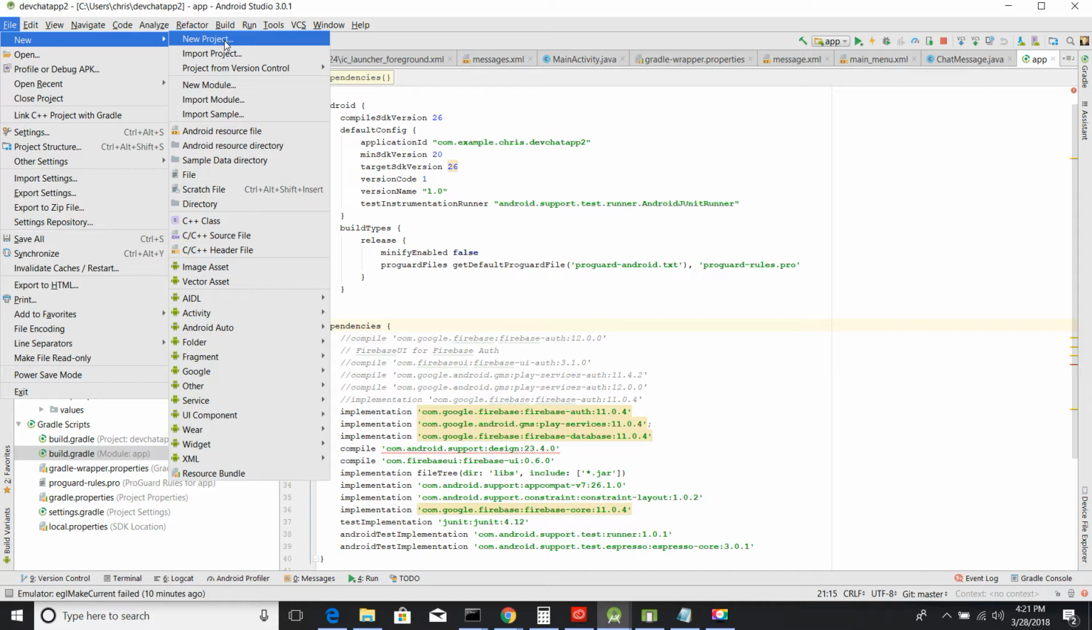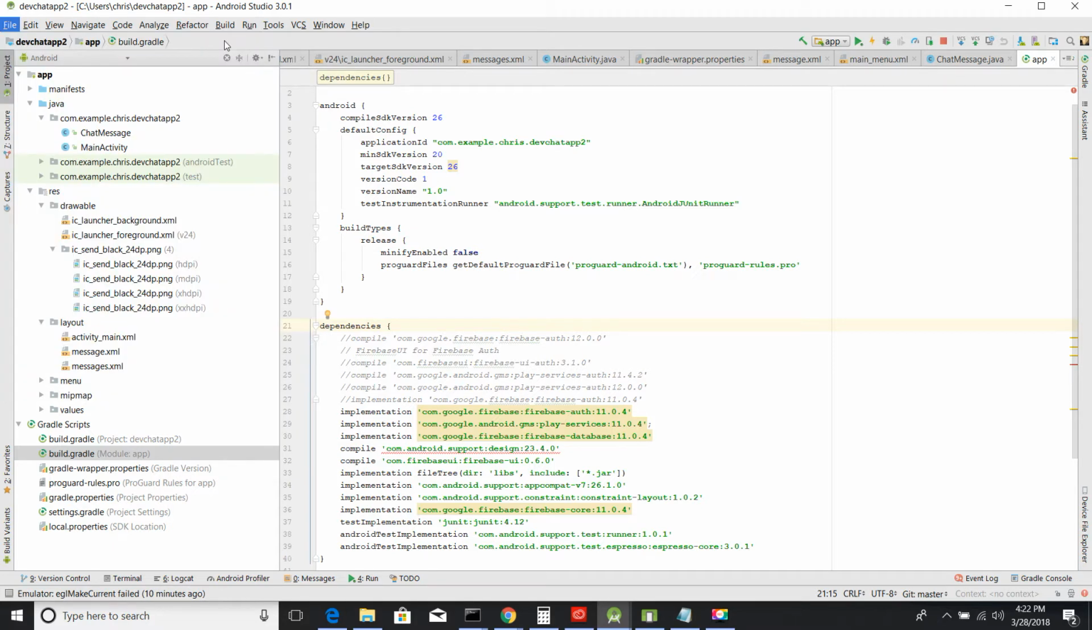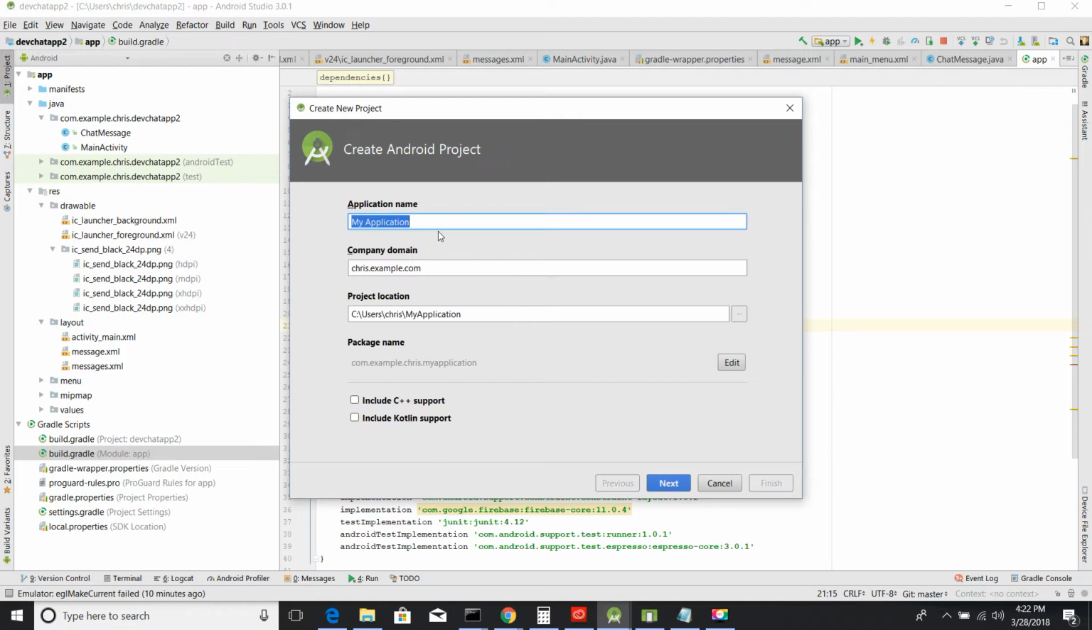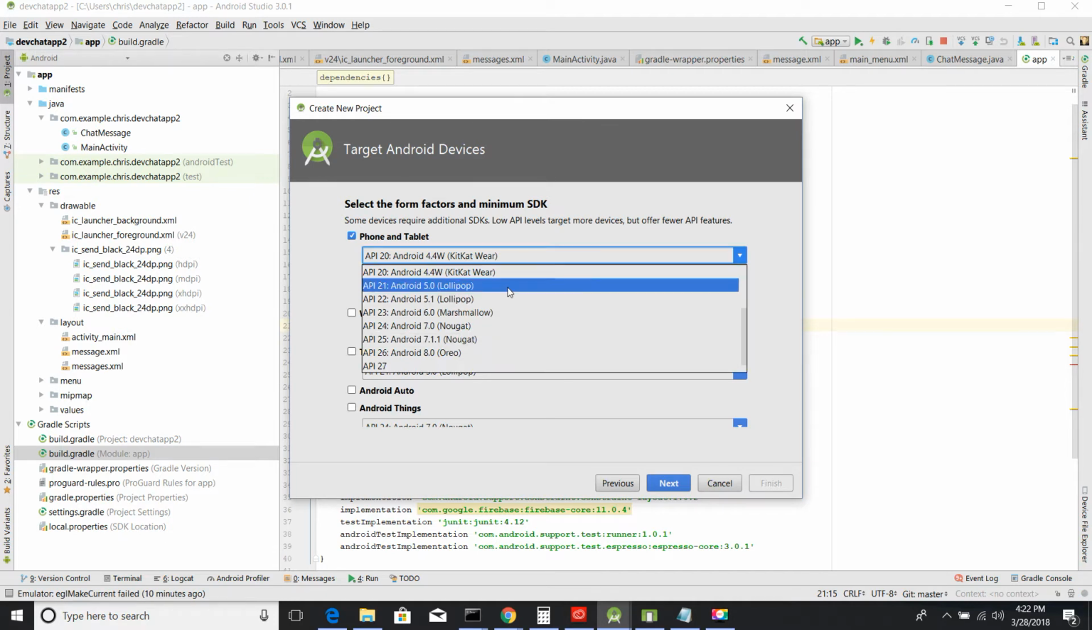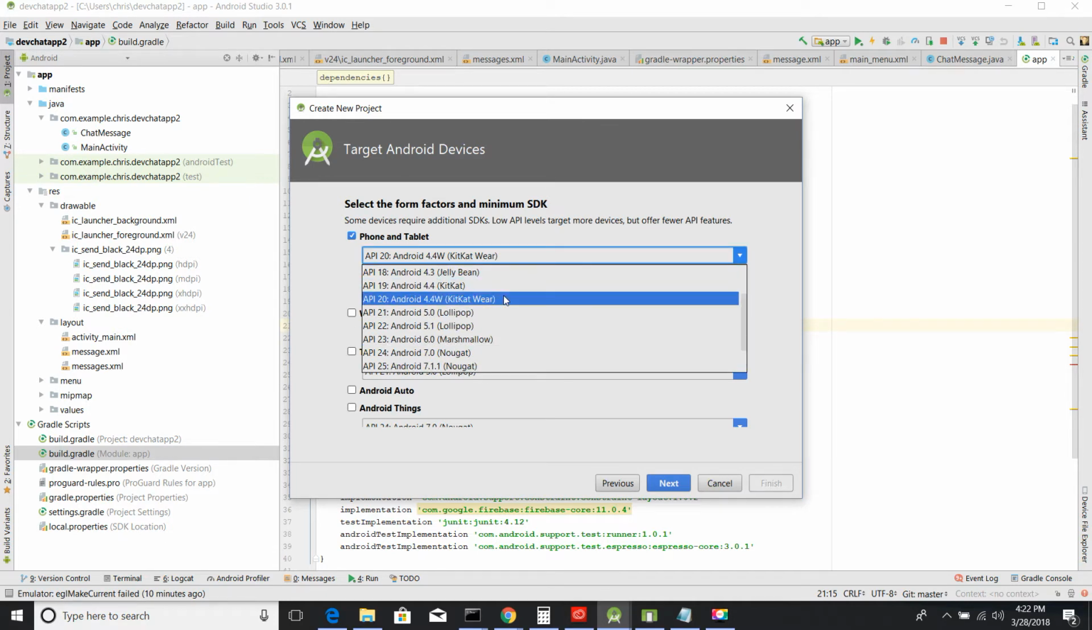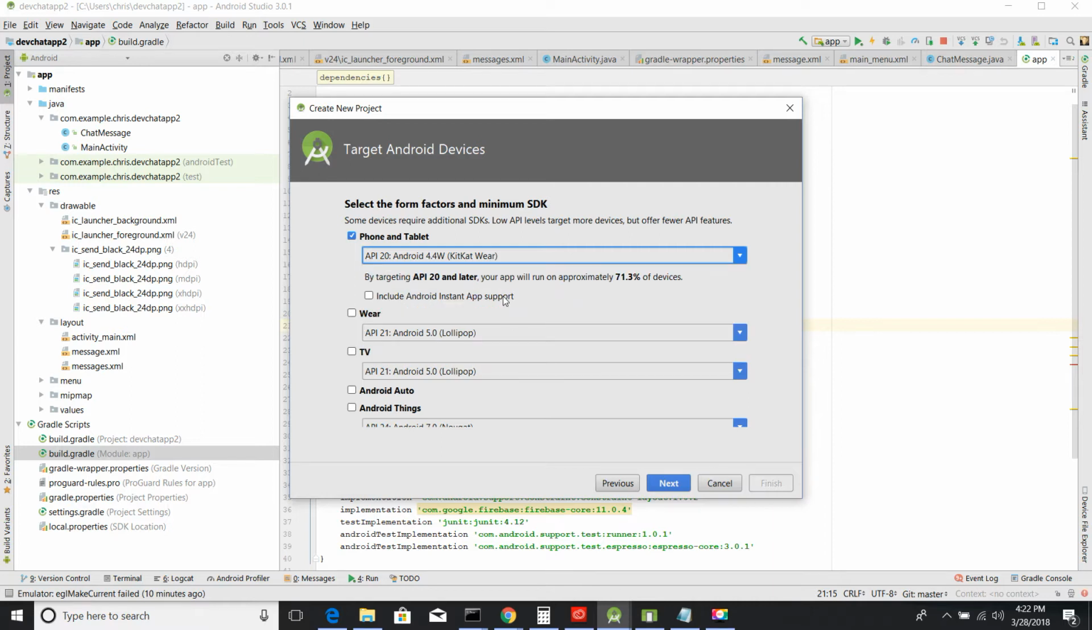If you've opened up Android Studio and you have an existing project, you can select File, New, and then New Project, or at the prompts, create a new project. We'll go ahead and name this chat app 3, and proceed from there. And I'm going to use API 20, Android 4.4. You could change this, of course, to any number of different APIs, but mostly I've done this to ensure